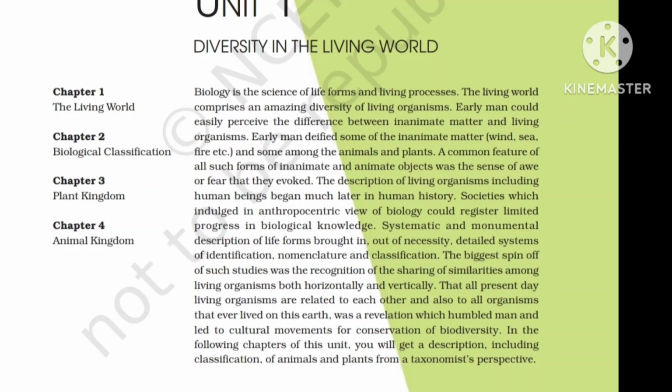As you know, NCERT biology is very important for competitive exams like NEET and AIIMS. So here we are starting the first chapter of NCERT, that is The Living World, and we are going to discuss the key points of the NCERT. As you know, every single line is very important for NEET, so we have to discuss all these things and remember. If we go back to the 30 years MTG book, we can see that this is a direct question from NCERT.